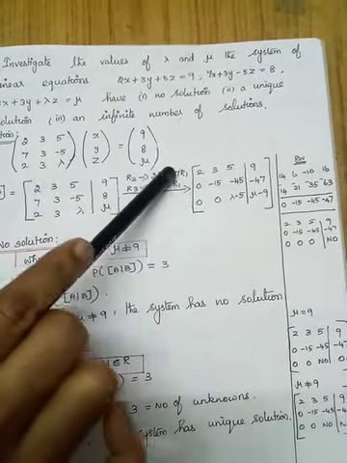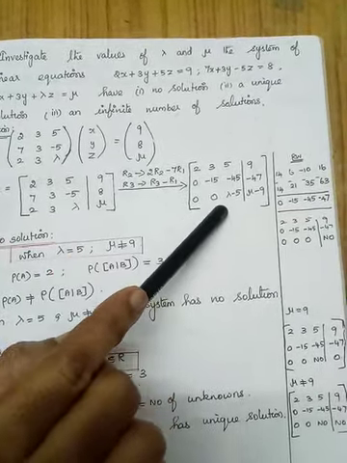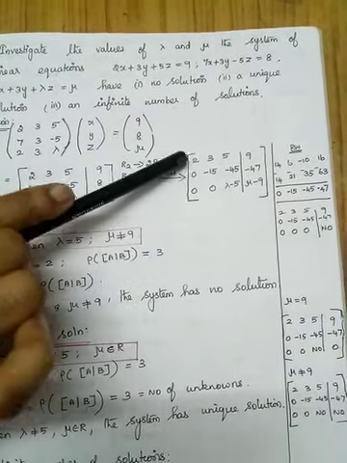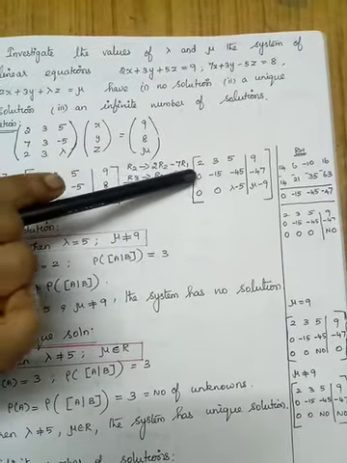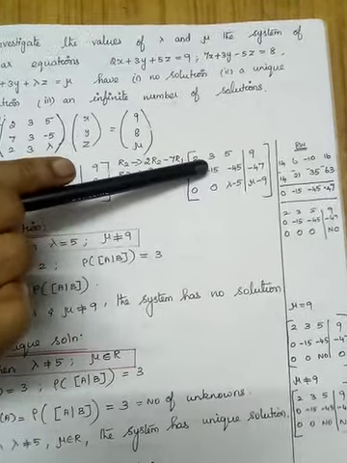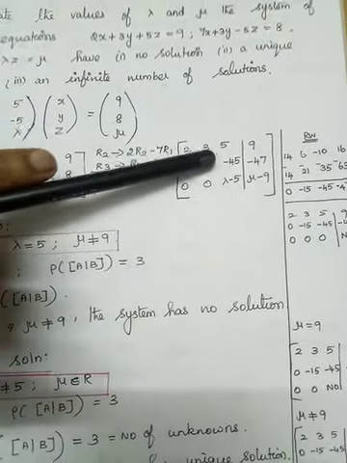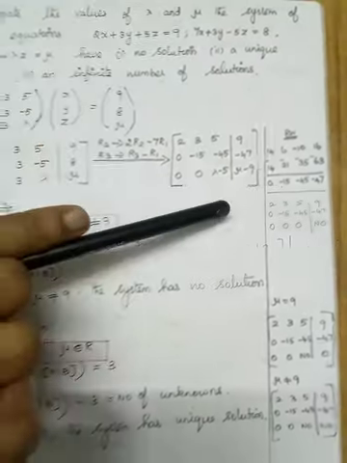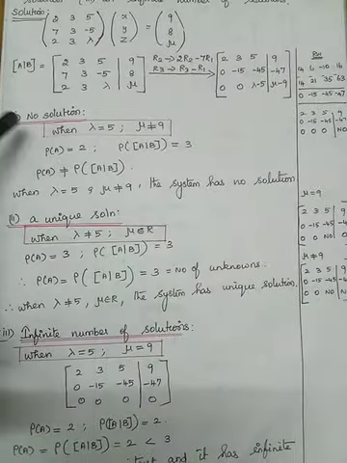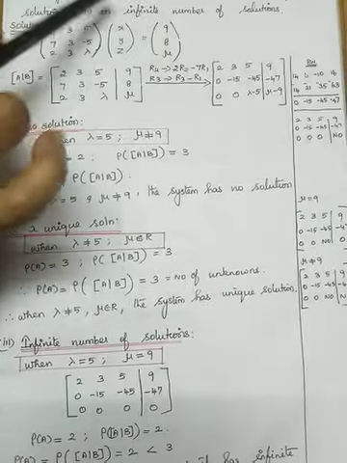So after doing this transformation, we have brought the matrix into echelon form. You see that below the first non-zero entry, the two elements are 0, and below the first non-zero entry of the second row, this element is 0. So it is in the echelon form. Okay, now we are going to see under what values of lambda and mu the system